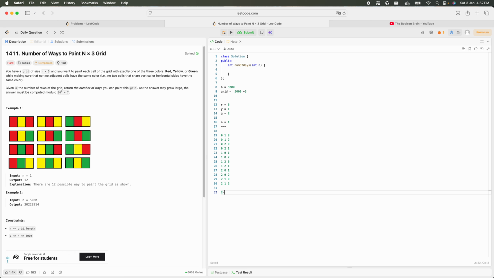When n is equal to 2, again these values keep changing. Now try to briefly understand what would be the next change. When we had n equal to 1, that is only one row, we did not consult vertically. While placing any element of any color, I only checked if it is matching with the adjacent or not. But when the matrix grows, when n is more than 1, we have to take care of that as well. For example,